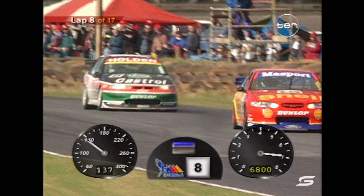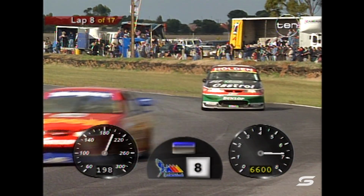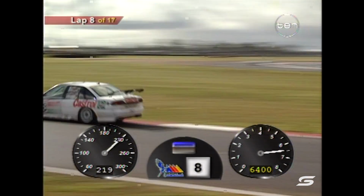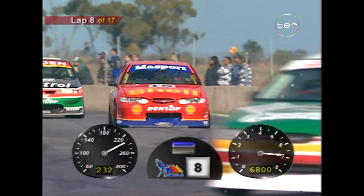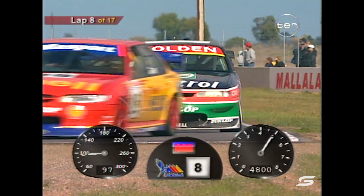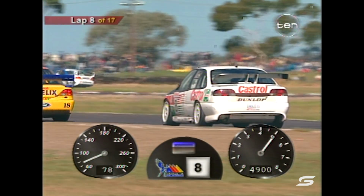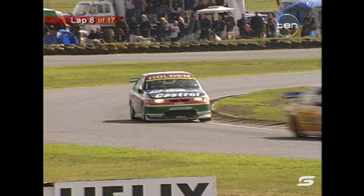Up the back straight, you can see the telemetry working there, courtesy of Triple M. Speed on the right, revs on the right, speed on the left. You can see that dry line now, that shot up the back straight. Exactly, and if you just wander off of that, it's the most frightening thing. It's like looking on thin ice. Well, Russell Ingall,